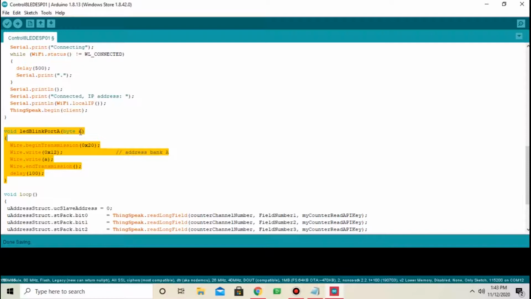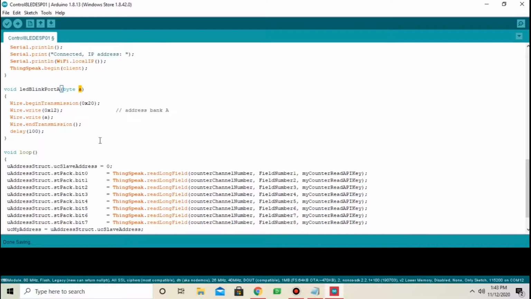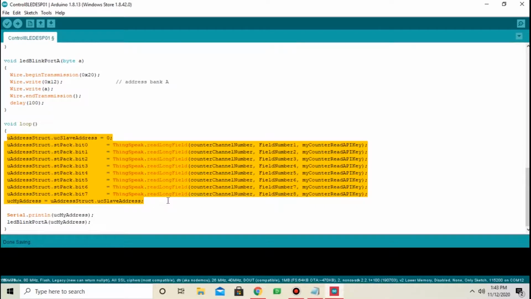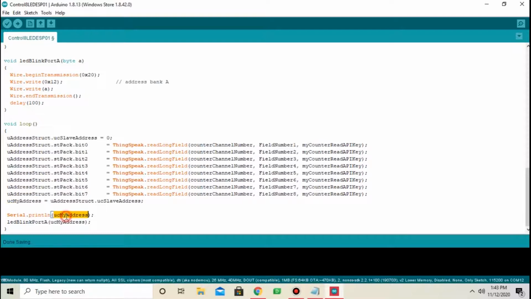Byte A receives data in 8-bit format and transfers that data to port A. In void loop function, I'm going to read all feed values and transfer that value to the LED blink port A function. And according to that, port A will reflect the result.